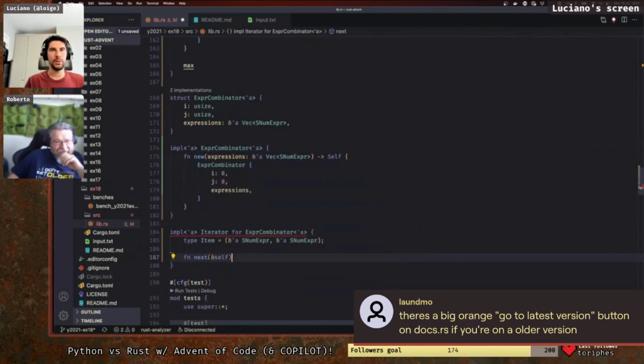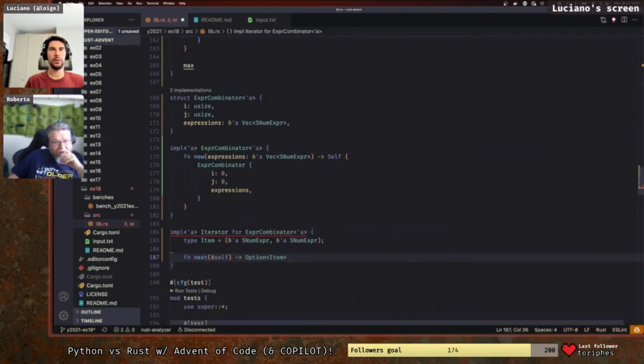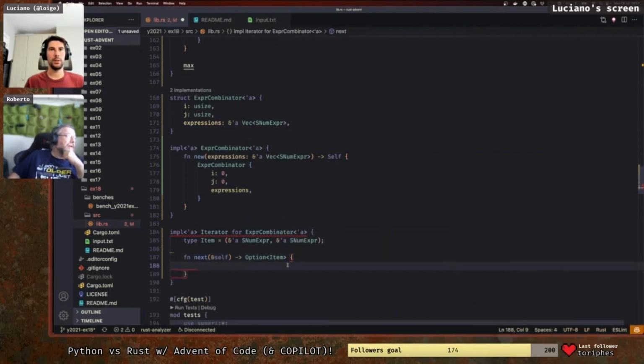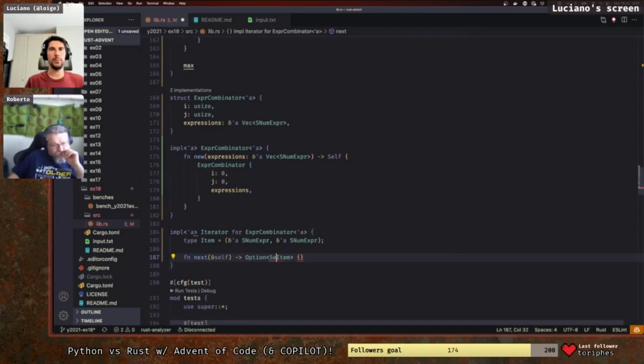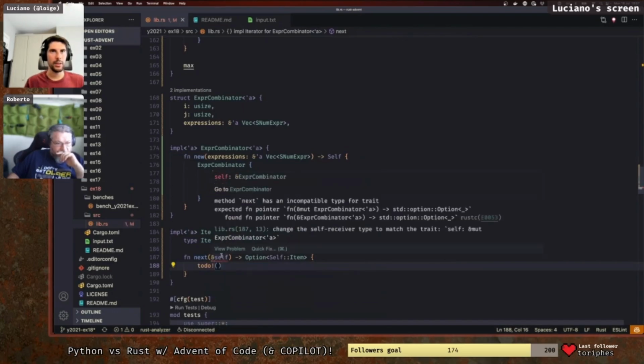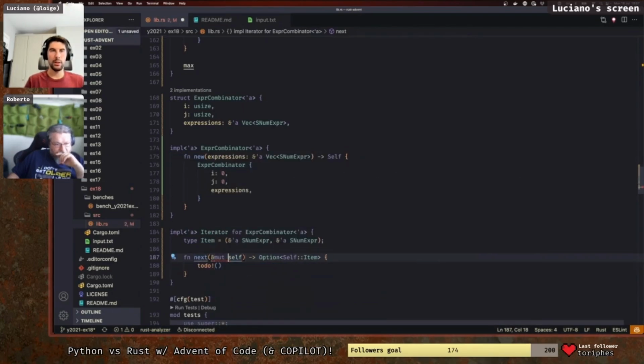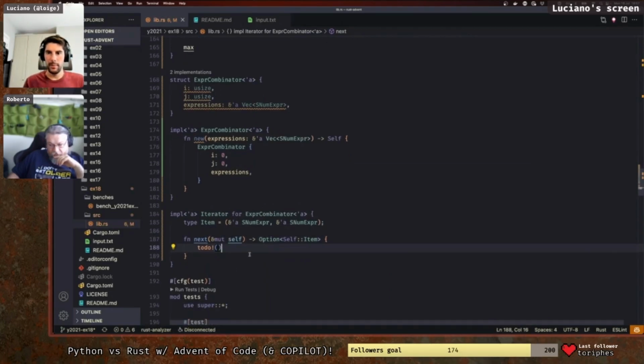It takes a mut self and returns item, right? No, it returns some result. Well, no, an option of item. Returns item, in an optional, yeah, because we could be done. Yes, true. Is it item or self item? I think it's self item. And then this is a to-do. Oh, this is a mut self, yeah, because we'll probably need to mutate itself. Okay, cool. We have other comments, but